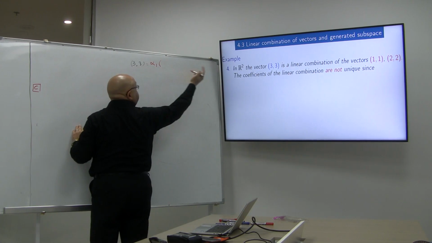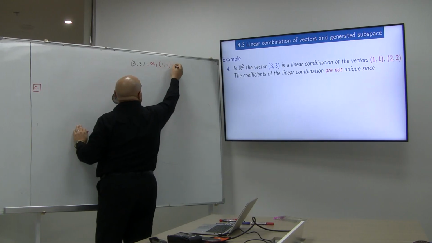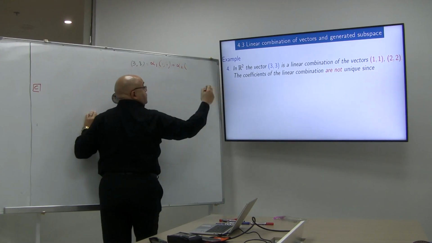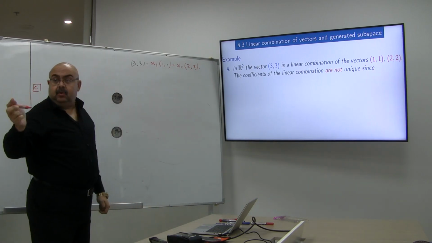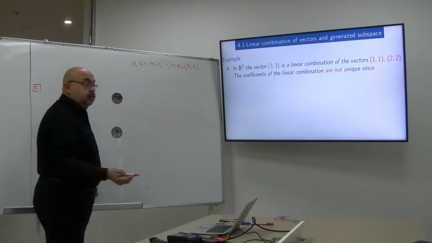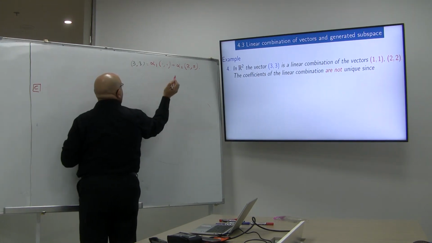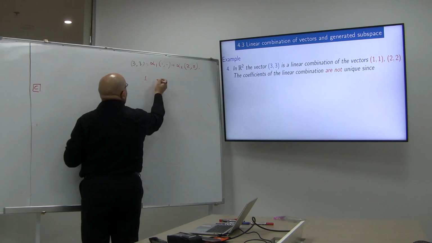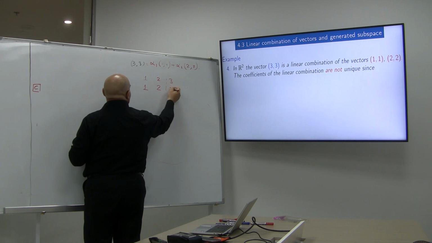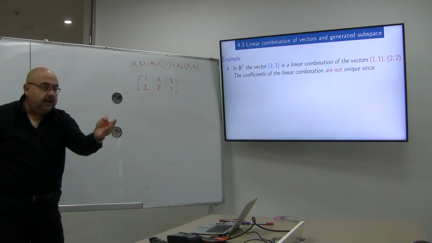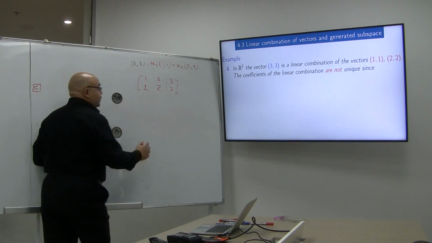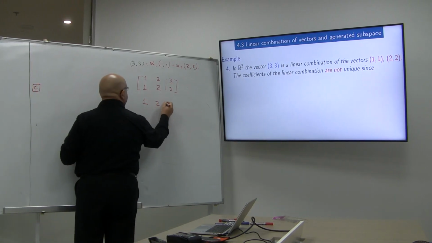Alpha 1 times the first vector plus alpha 2 times the second vector, which is a system of how many equations and how many unknowns? 2 by 2. I will write them directly as an augmented matrix. It's going to be 1, 2, 1, 2, and it's equal to 3 by 3. That's a system of 2 equations and 2 unknowns. Try to solve. It's going to be 1, 2, 3, and the results will be,